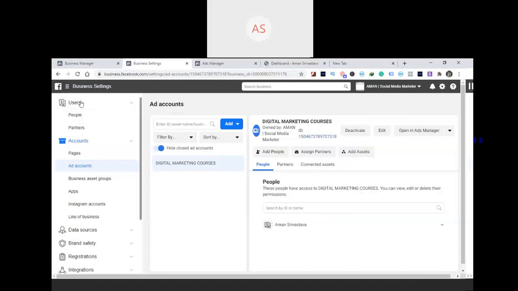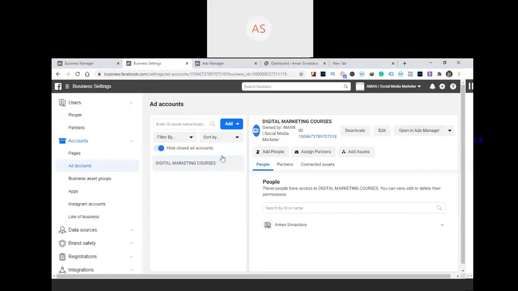This is our business page, business account page, and this is our ad account page. And now, after you have set up all the things, you have set up the payment method, the next step for you is that you have to create. Now we are going to start with setting up our first Facebook ad. Okay, I'm going to show you exactly step by step how you set up your first Facebook ad and get